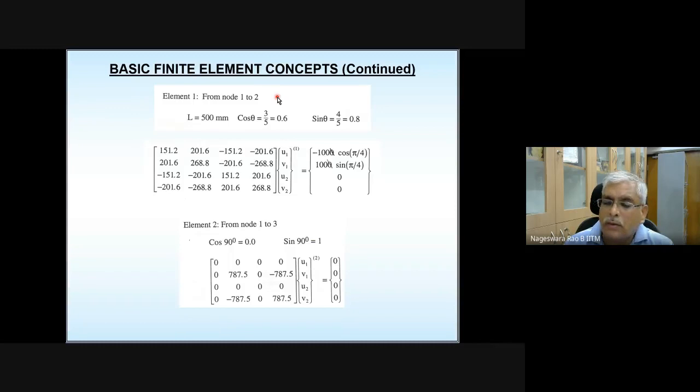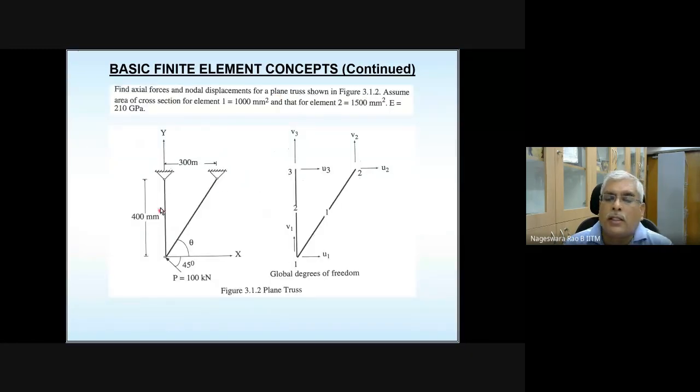And also yesterday I told you, if you have this kind of structural system where there is a common node for all the elements, you should be consistent: make this common node either node 1 locally for all the elements or node 2 locally for all the elements. Don't mix up. So the common node should either be locally node 1 or locally node 2. That you need to keep in mind. And once you solve some problems, I think that idea is going to be very clear to you.